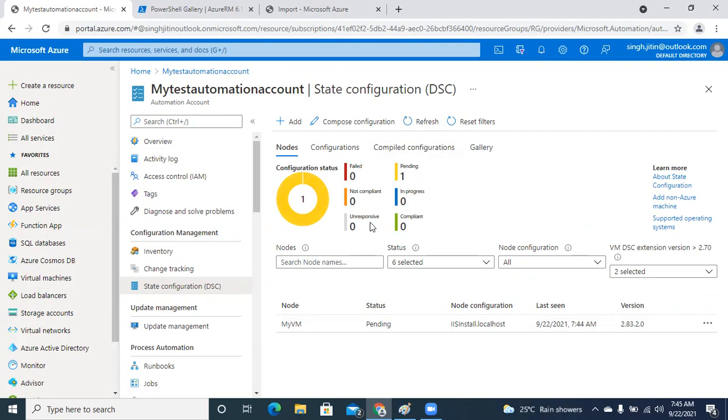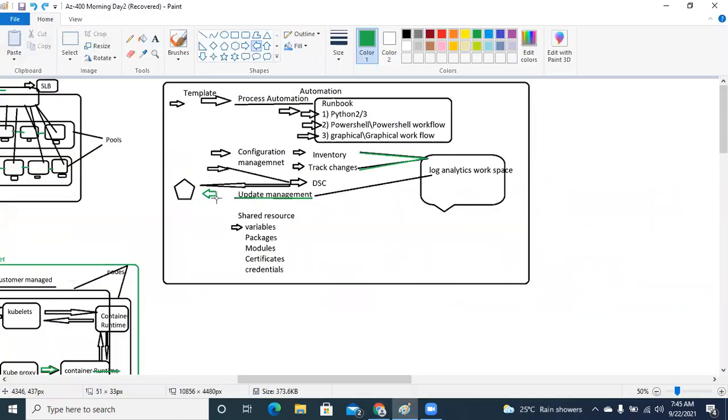So this will take a while, the configuration of the resource is getting changed over here, right? So we'll come back to this in a few minutes. Now, I'm just leaving this machine where we have pushed the desired state configuration inside that particular node. Meanwhile, this is happening, so let's go ahead and talk about process automation as well.